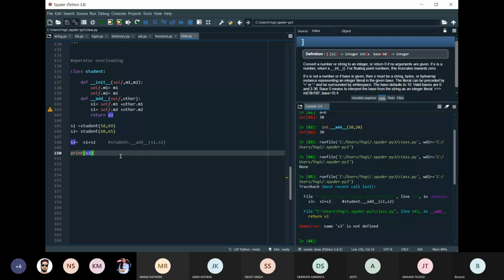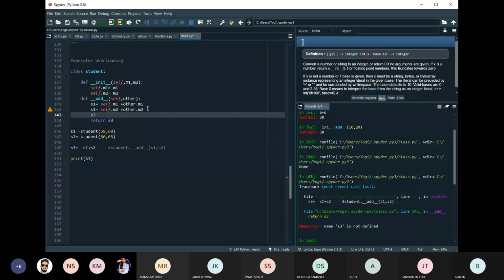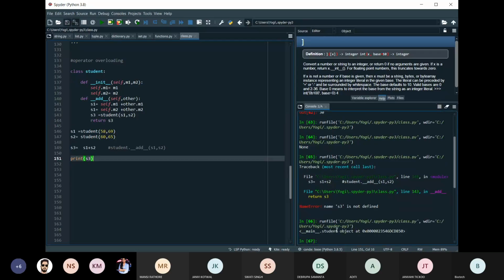Okay, wait a second. s3 is equal to student s1 comma s2. I need to do that, then it will return s3. If I run this, I am printing the statement only here, so that is why I am getting this value. What I need to do is s3 dot m1. If I do this, I'll get the value.